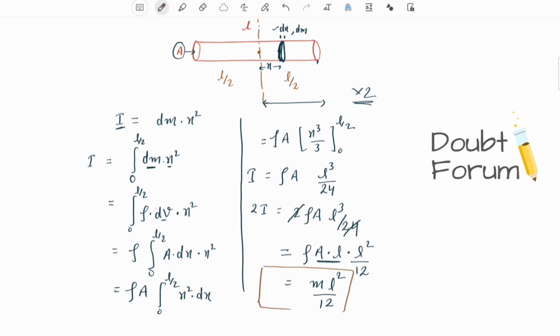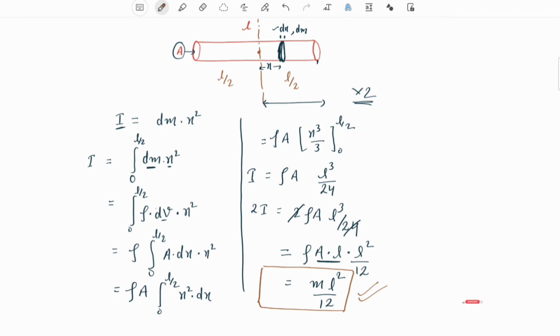So this way we can derive the formulae and we can memorize, because when you face a question, you are not supposed to derive the equation and then solve it. You are simply supposed to memorize the formulae for moment of inertia for standard shape like cylinder, disc, hollow sphere, solid sphere, this way. So let us quickly review it again, how we derived. We considered a very small cross section, at a distance of x. The thickness of the cross section is dx, its mass is dm.